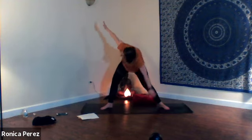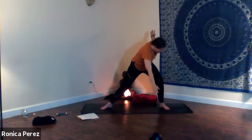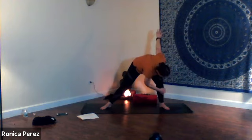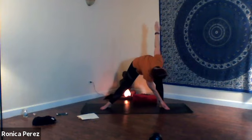On your next inhale, we'll come all the way up to stand. Arms will open up nice and wide here. This time as you exhale, we'll bend into the left knee. The right arm is going to draw across the body, setting that right hand wherever feels comfortable for you. We're on the left side. Sorry, guys. Left shin. And the right hand is down on the ground, looking up towards the left thumb as